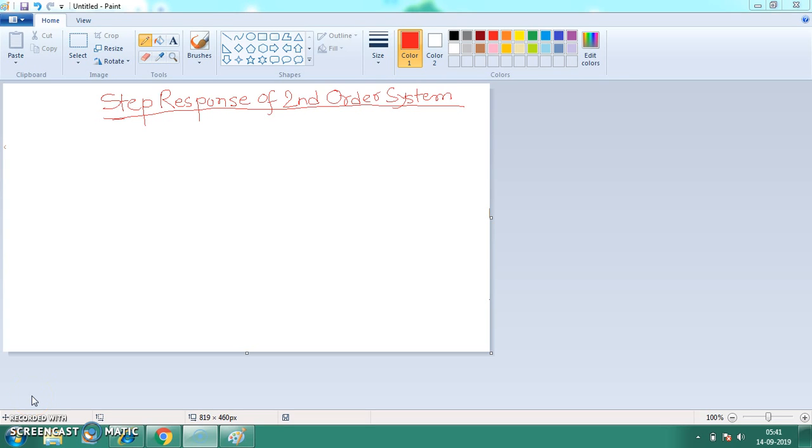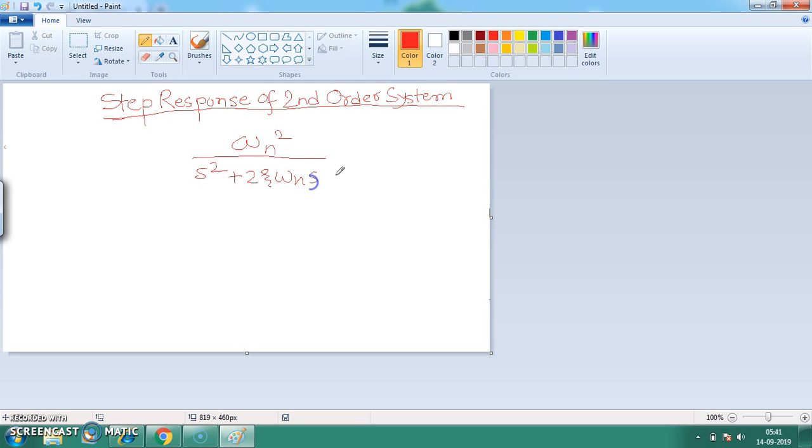Hello students, today we are going to learn about the step response of second order system. Now we know that the standard closed loop transfer function of second order system is omega n square upon s square plus 2 zeta omega n s plus omega n square. Now, if we want to put unit step